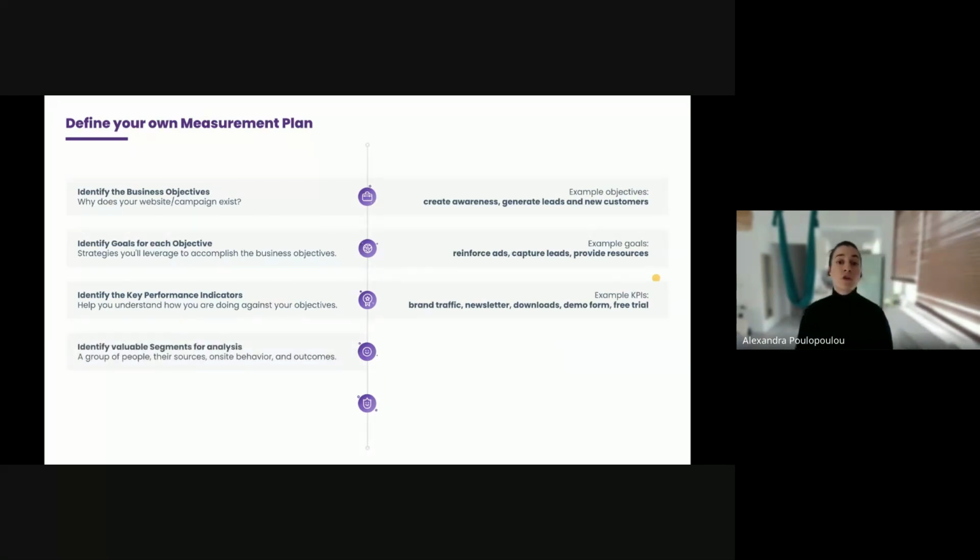Then, of course, you have to analyze data. You have to create segments, you have to create audiences based on people, behavior, outcomes that can help you understand why you succeeded or failed. These audiences can be MQLs, SQLs, even the unqualified leads, to identify red flags that you would know from an earlier step, or people that are engaging based on traffic sources or key content on your website.